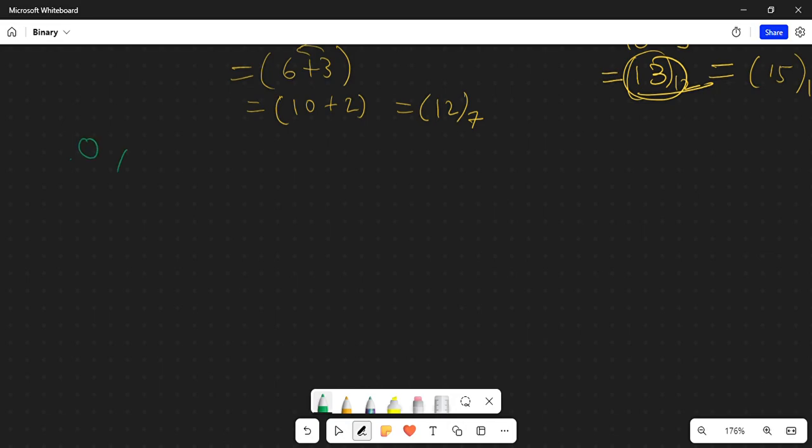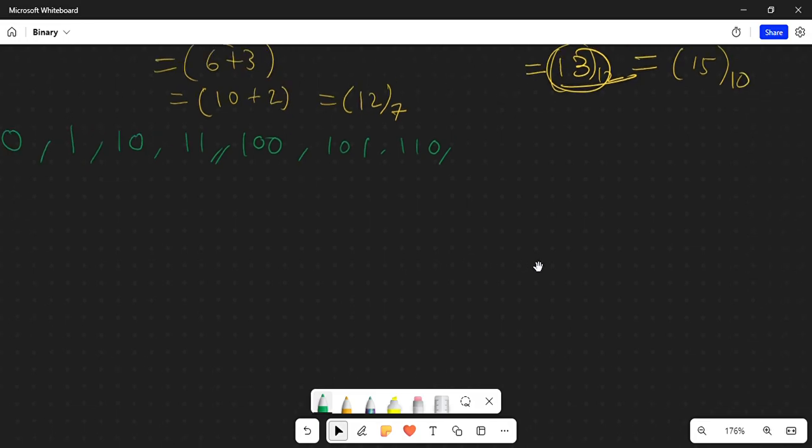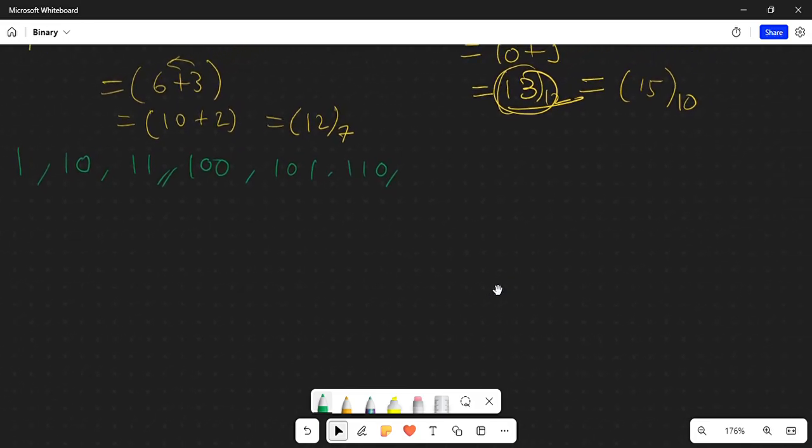Binary starts with 0 and 1, and this is all we have in binary. Beyond this we have to use 10, then 11, then 100, 101, 110. I think the video recorder is lagging a little bit. Hold on. Yeah, so 111. Beyond this, I think you could guess it is 1000 and